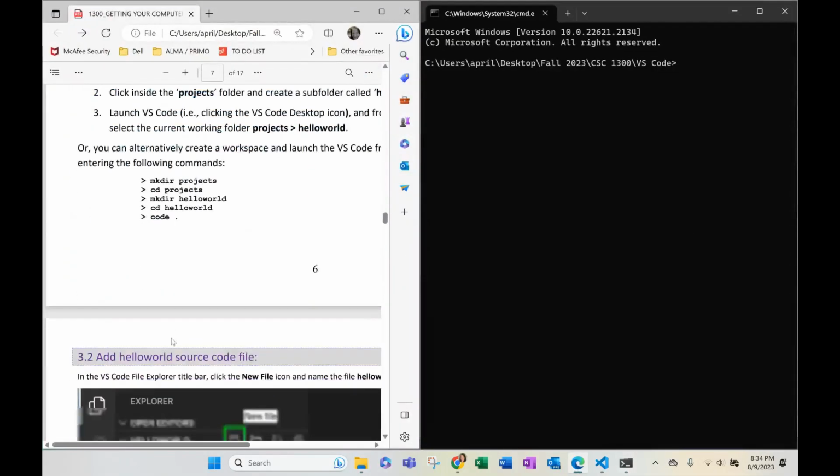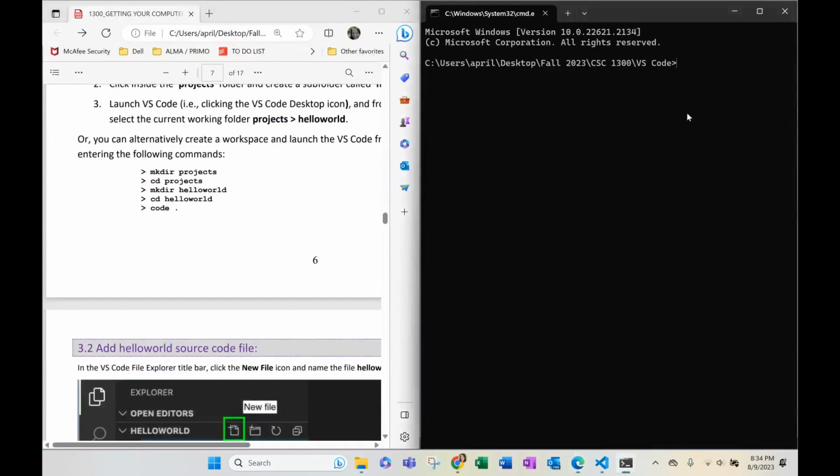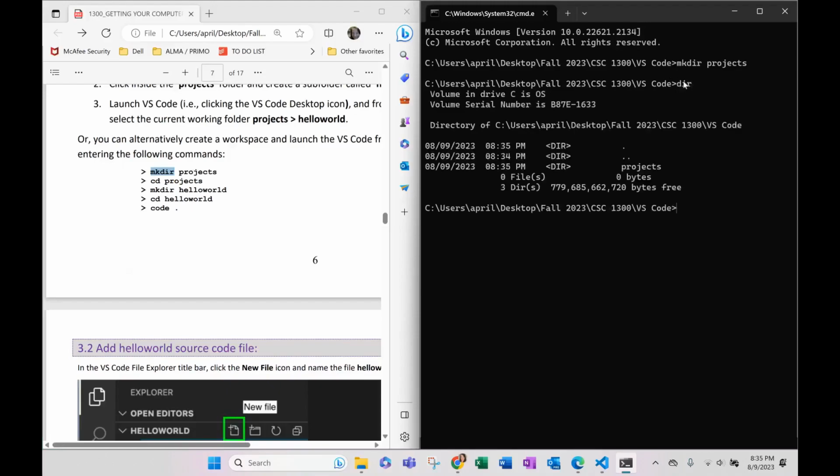I'm going to put the directions on the left side of how to create a folder called projects. So MKDIR stands for make directory, or basically make a folder. So I will type that MKDIR, and I want to name the folder projects. Now, I'm currently still in the VS Code folder, but there's now a folder called projects within this. And you can see that by typing in DIR, which stands for directory. So if I type DIR, it's going to show me everything in this current directory, and you see